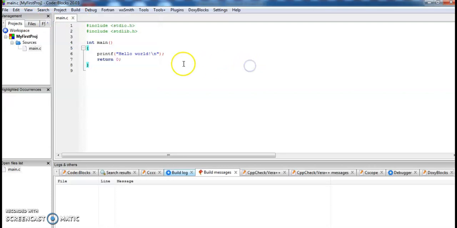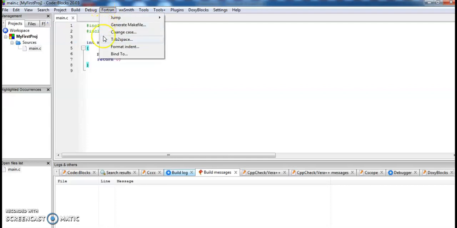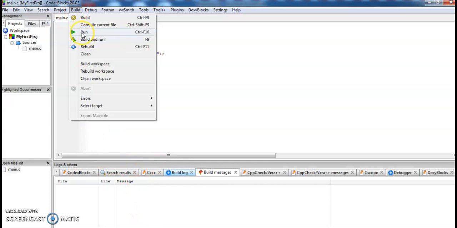As this program is in a higher level language, that is C language, it is not readable by the machines, so there is a need to convert this program into machine language. That's why we have to compile that program. The build option is for compilation purposes. After compilation, if there are no errors in our program, then we can go for running this program.